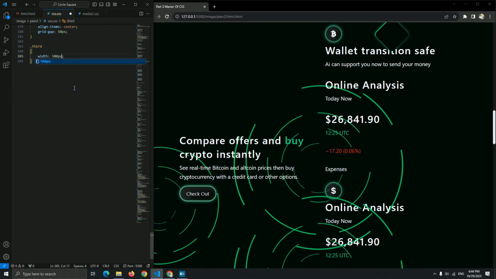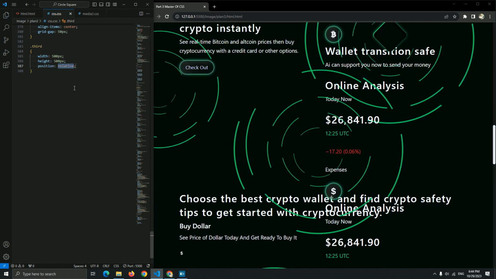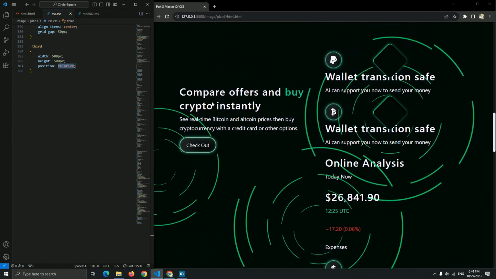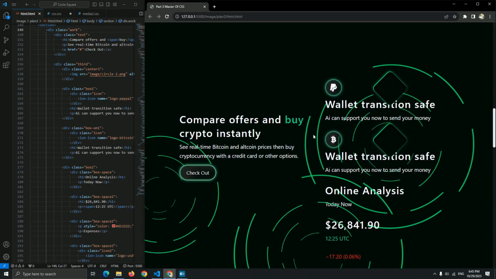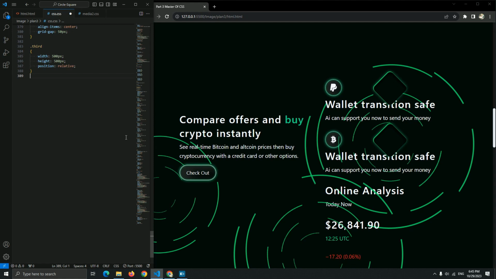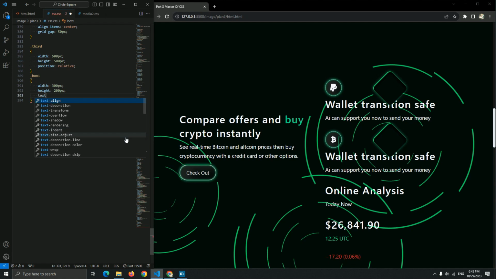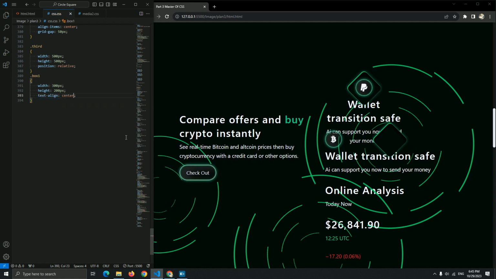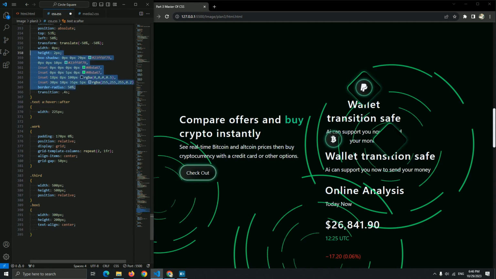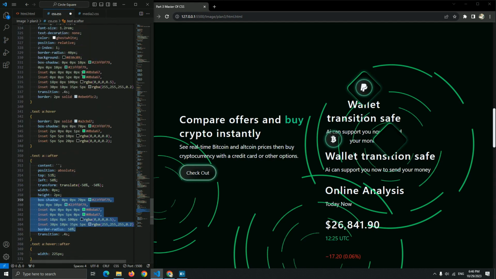So set the width 500 pixel for this box and the height 500 pixel, and set position relative. In any case, we want to add any before. Let me just style this box 1 and the box 2 and the box 3. So the box 1, let me add the width 300 pixel, height 200 pixel, and the text align be center. Okay, let me add the background with the box shadow and the border radius.